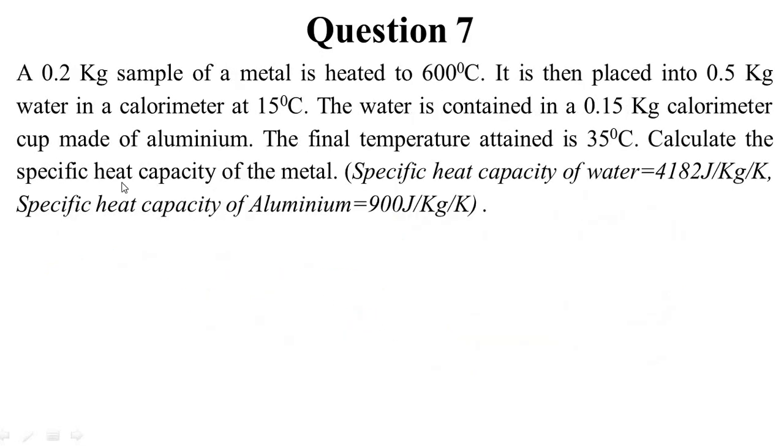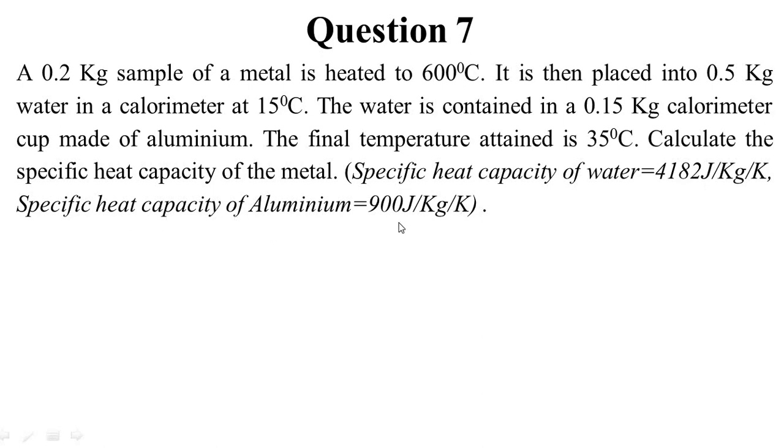Question 7. A 0.2 kg sample of a metal is heated to 600 degrees Celsius. Maybe it is put in some oven. It is then placed into 0.5 kg of water in a calorimeter at 15 degrees Celsius. The water is contained in a 0.15 kg calorimeter cup made of aluminium. The final temperature attained is 35 degrees Celsius. Calculate the specific heat capacity of the metal, given the specific heat capacity of water as 4182 and that for